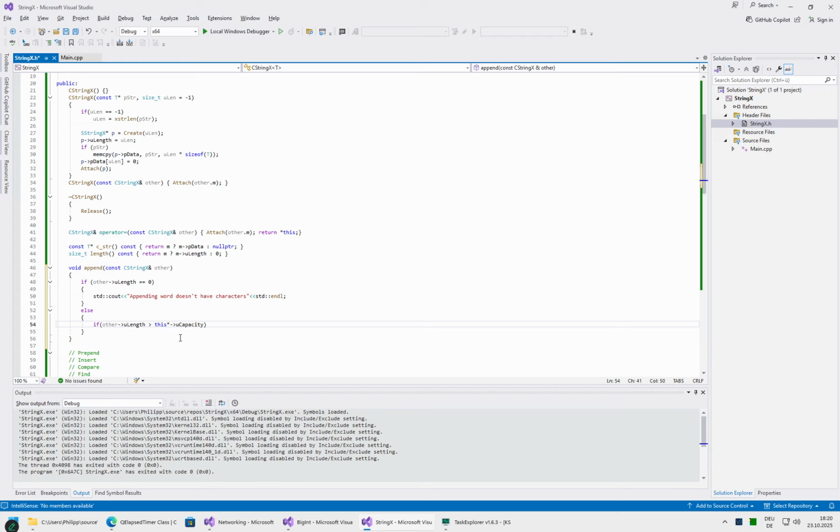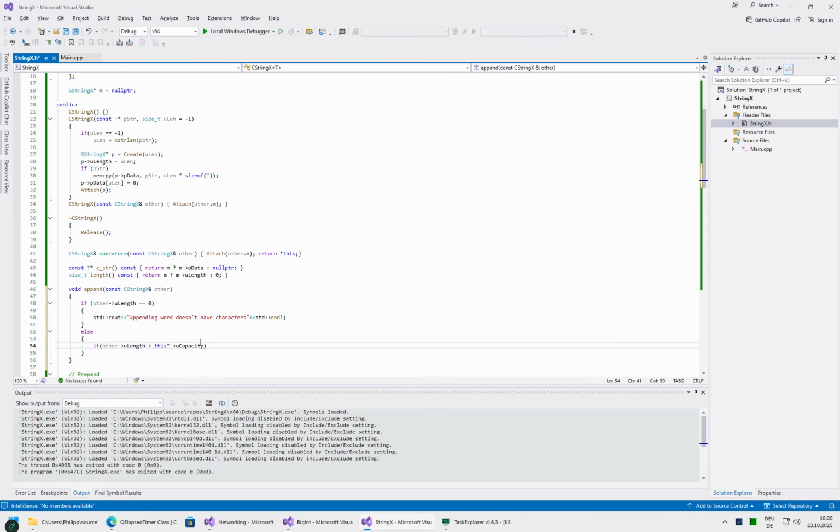No, no, no, it has a name. We called it m. You make m arrow, and other ulen will not work. You need other arrow m arrow. Actually, no, you need other dot, because other is a reference, so it behaves like a local variable. Under the hood, it's a pointer, and if you compile with a pointer or with a reference,